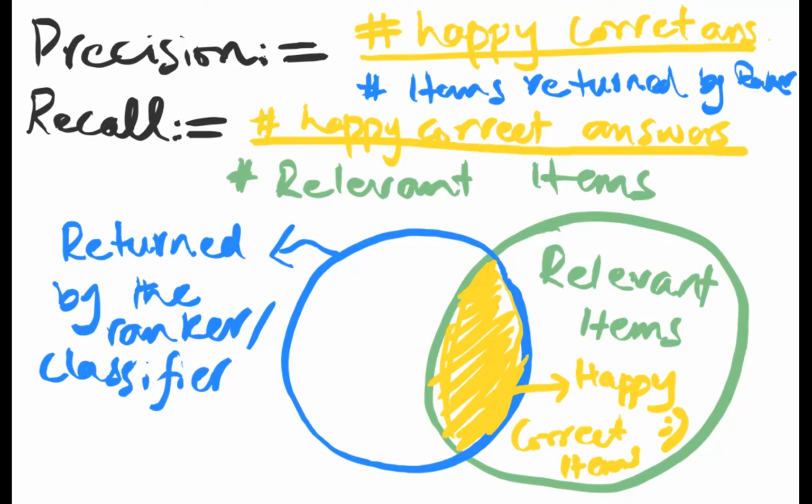And similarly, if I say that I predict only one item about which I'm pretty sure it is right, and I don't say anything about the other items, then the number of items returned by the ranker would be like one, or very low. If I shrink that set, and my happy correct answers overlap well enough, then my precision would be quite high, but my recall would be quite low because I'm not trying to predict all the relevant items. I'm just trying to predict only the most relevant ones, which the model thinks, because at the end of the day,